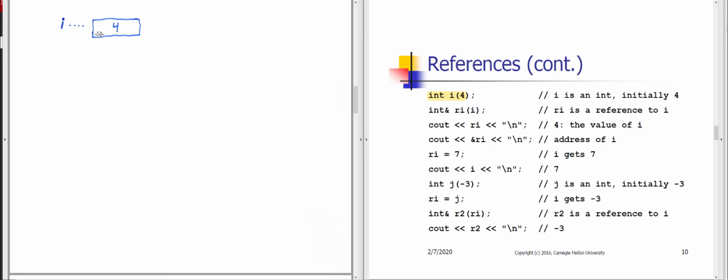So I is bound to or associated with this int storage containing 4. Next up, we're saying that Ri is a reference to an int initialized to refer to I. So that means that Ri is also bound to that same int to which the name I is bound. And now we have that situation. If I display Ri, that's really equivalent to displaying I, and so the value 4 is going to be